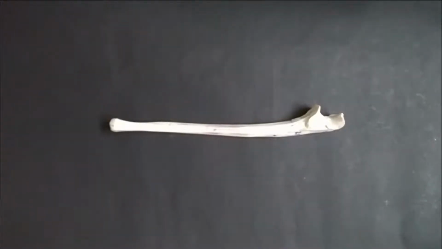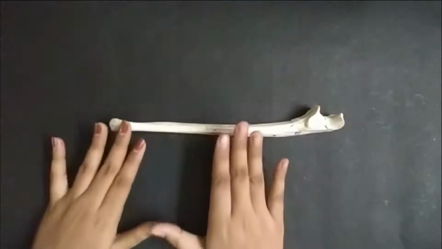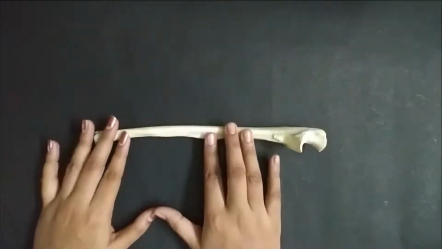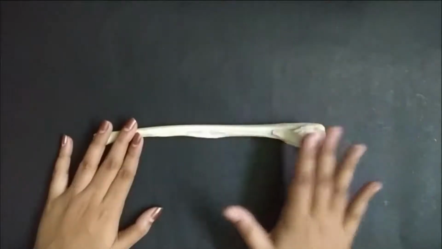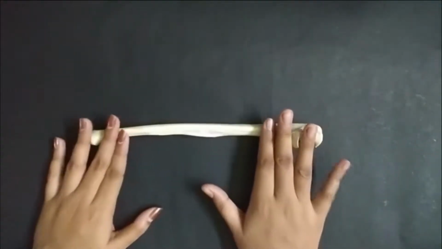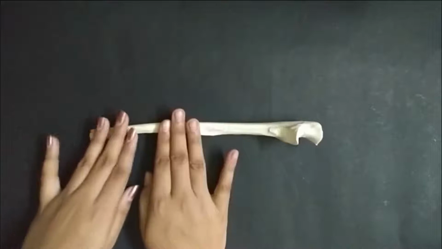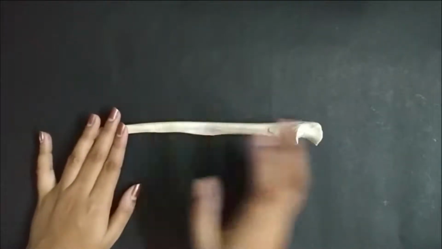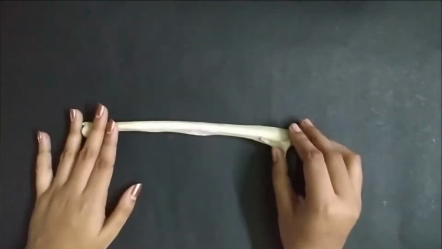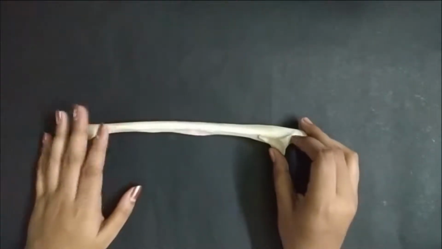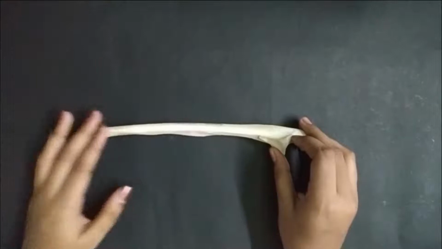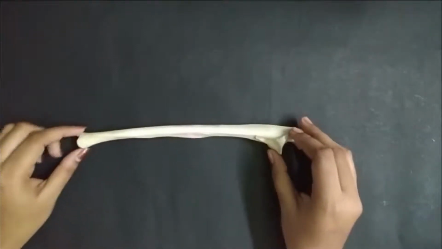In this video, I'll be talking about the ulna. As you know, the ulna is the medial bone of the forearm. It has two processes at the upper end, then there is a shaft and a narrow lower end. I have divided the whole video into features, site determination, then attachments and clinicals, and at last I will discuss the important viva questions.